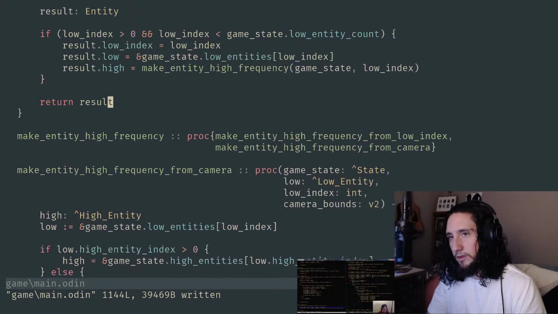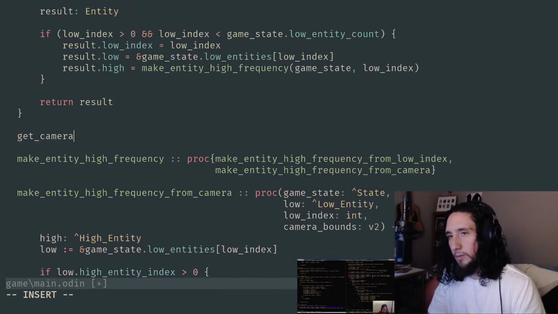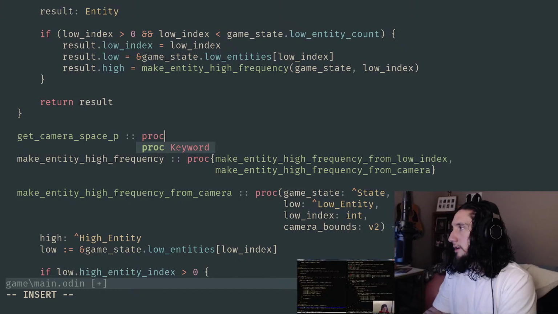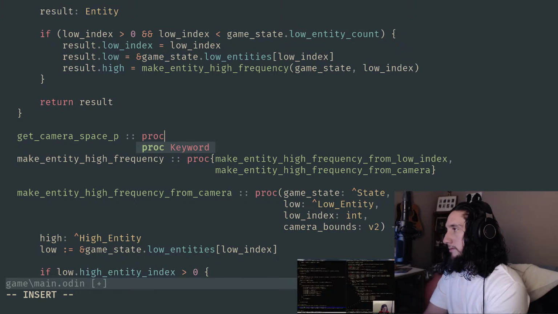I still got to make this get camera space P procedure, and I'm guessing it's camera space because maybe it's going to be inclusive of the entire space that the camera is, well,